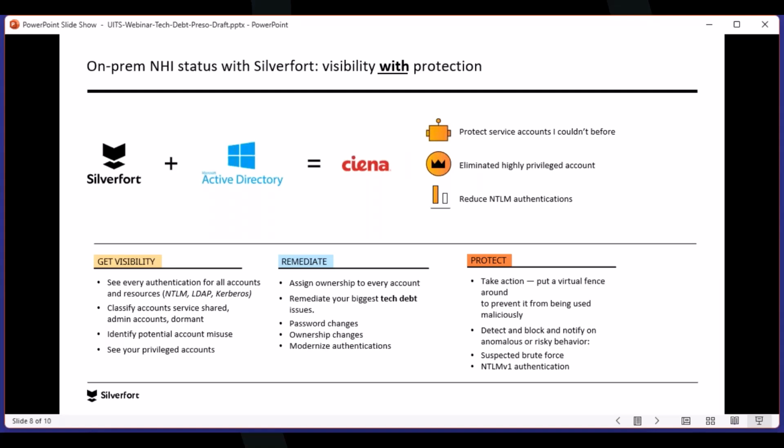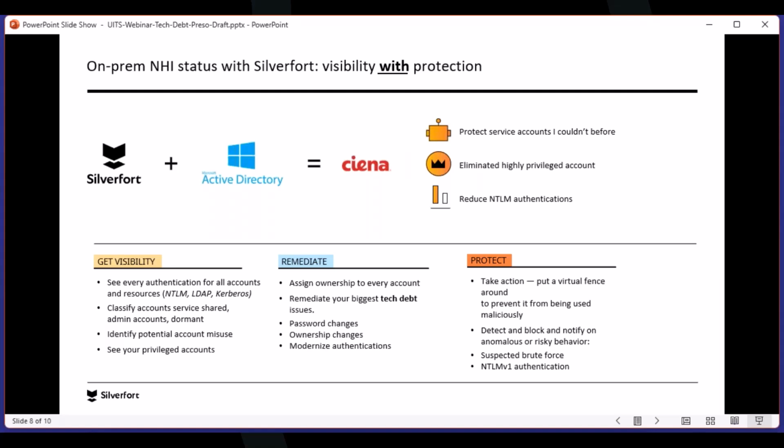So if you have predictable login for a service account, like we talked about on the remediate side, and they're scared to change the password because they're afraid it's going to break, and so they get an exception that says we need 6 more months to figure out what's going on so we don't break the business. But through Silverfort, you can see that that account only logged into these 5 sources, and from these 5 sources to these 5 destinations, or vice versa. You can create a virtual fence within Silverfort to say only allow this account to log into these resources, and lock it down in that sense.